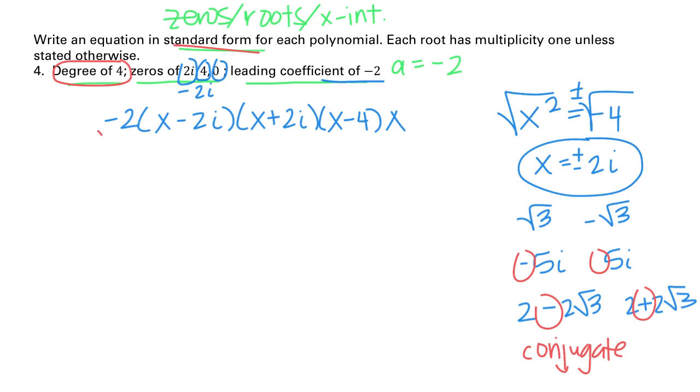I'm actually not going to do it in the order that's there. Anytime you have i's or radicals in the factors, you want to multiply those first, because the i's or radicals will end up canceling out, and then you won't have any more i's or radicals that you have to deal with and carry through the rest of the problem and try to multiply together. So I'm doing x minus 2i times x plus 2i. And I'm going to do the area model so we can organize all the terms. So x minus 2i